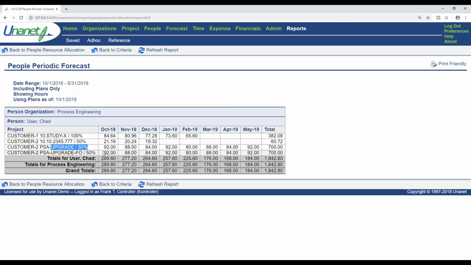And so this provides a lot of flexibility. You can adjust both your revenue and your predicted utilization based on the win probability. Obviously, we could also run this report based on only those active projects and disregard anything that isn't won or active. So there's a lot of flexibility when doing this in Unanet and managing your teams.